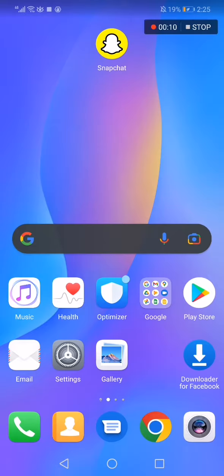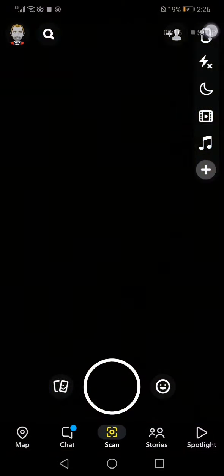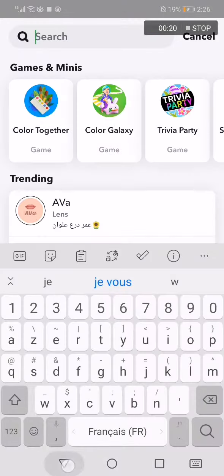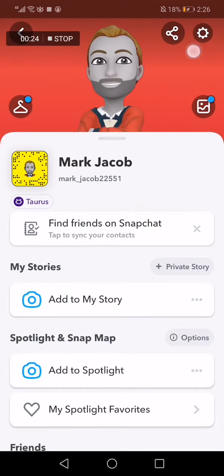So first thing you have to do, just go to Snapchat. Now this is the home page, as you can see right here. Now all you have to do is go here in the top corner, click on your avatar. Now go here in the settings